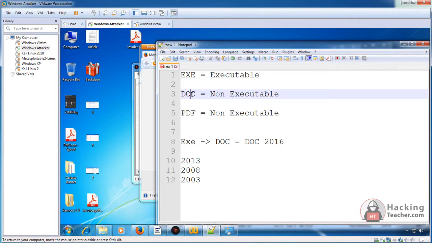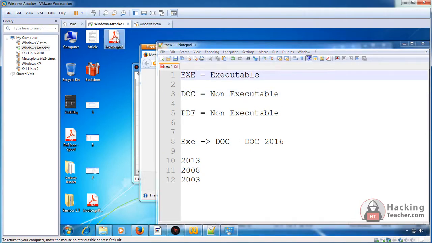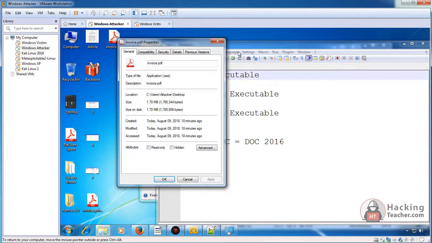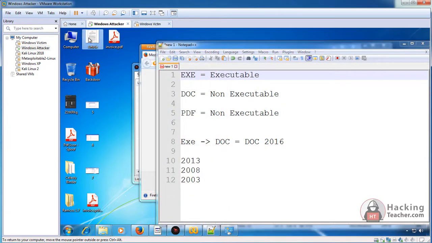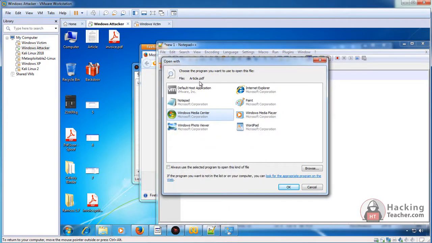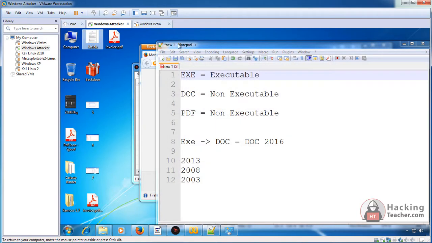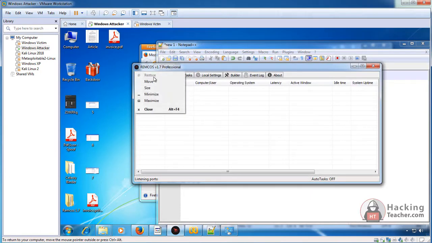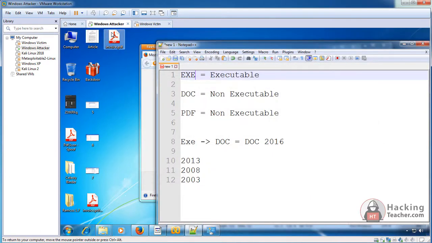But the doc cannot run itself. But an exe needs nothing. Like this is PDF looking, but it's an application. Even if you see right now, this PDF file, which is a real PDF file, is not opening. But if I double click this PDF looking file, I will get the control in the Ramcos. Because it doesn't matter, it's an exe. Doesn't matter if the PDF will run out of it or not, the exe will run. It doesn't need any software to run.